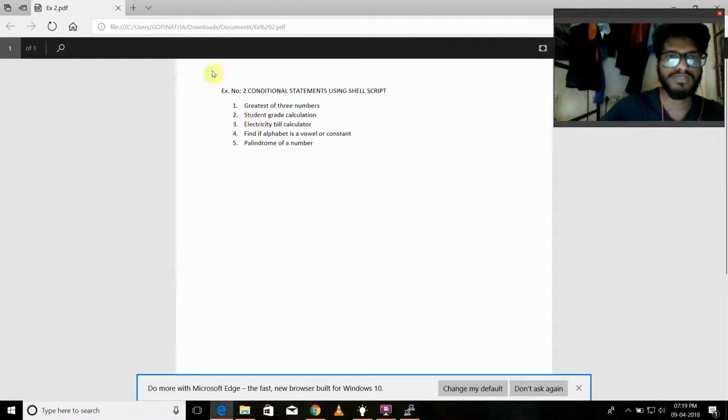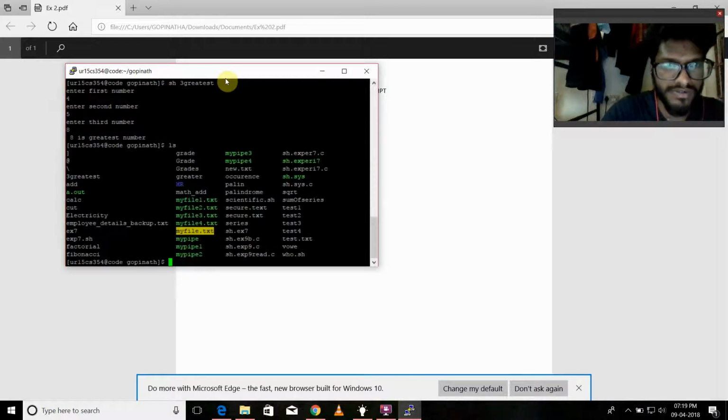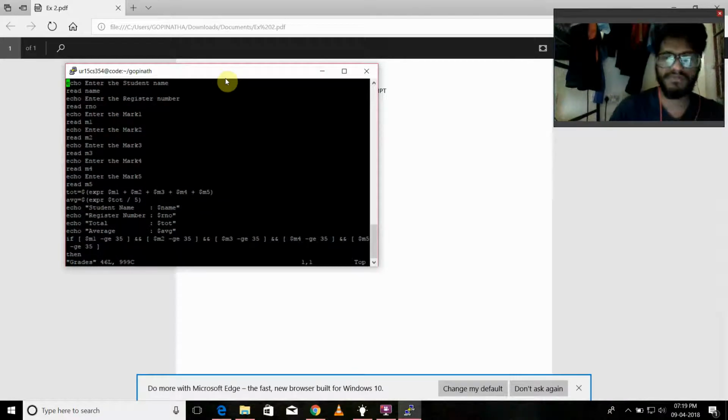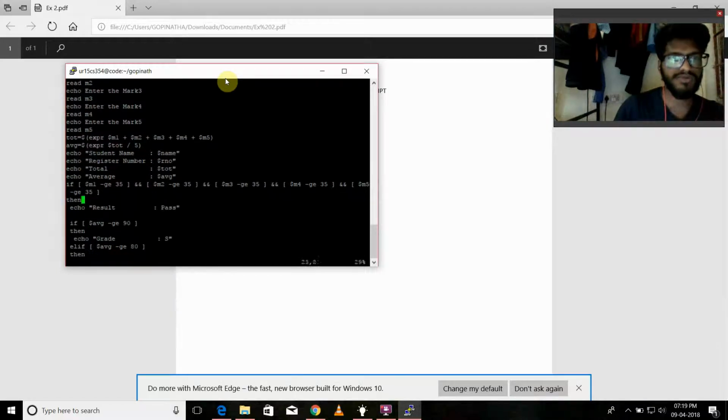The next exercise is student grade calculation. Let me take the program for that. vi grades. So this is the program for that. It is basically the same, getting the input from the user by using the echo and read commands, and after this is the condition for getting the total of the marks of the person and taking the average of the marks, and also displaying all the details about the student name, student register number, total,